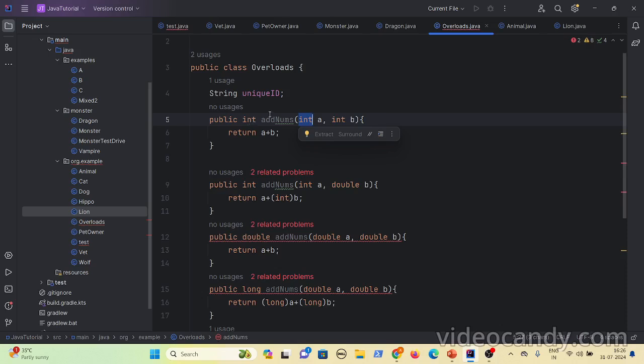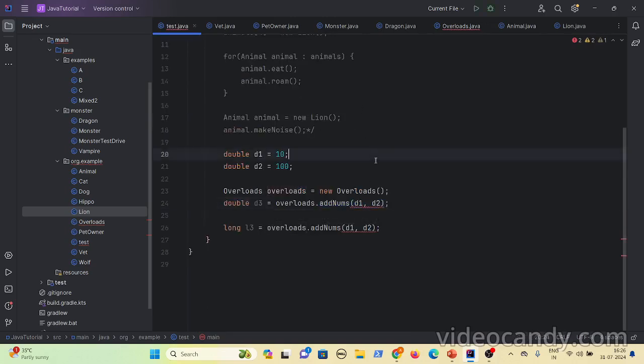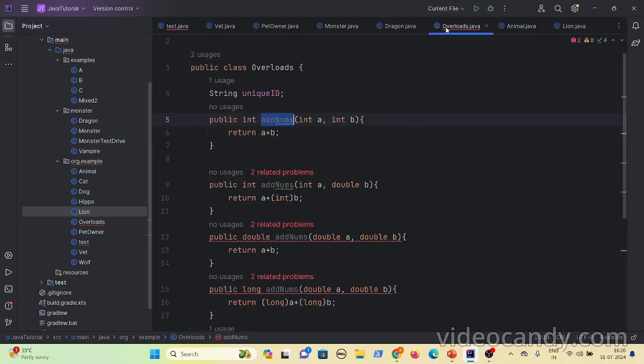So overloading is a compile time behavior and overriding is a runtime behavior. If you look at these methods, you can say it accepts two integers, it accepts two doubles, the return type is the same.